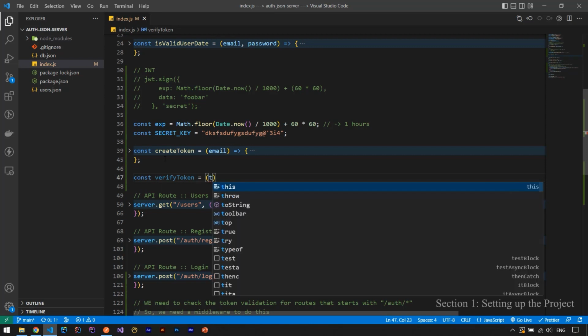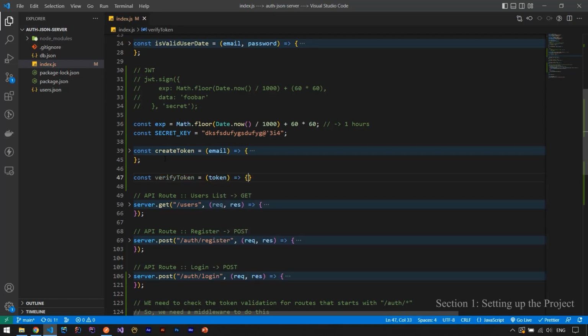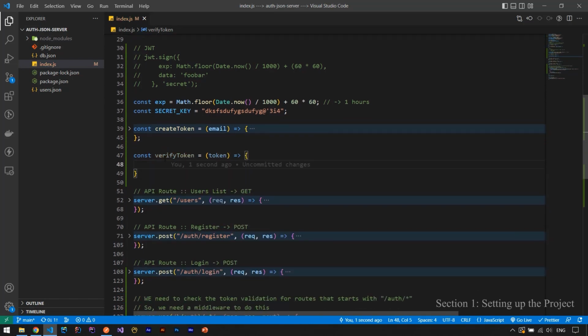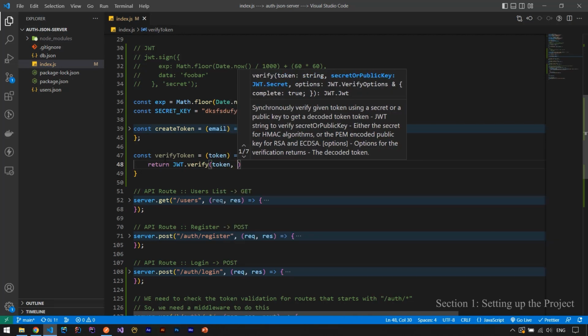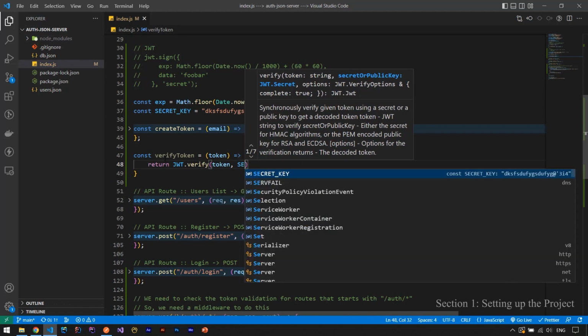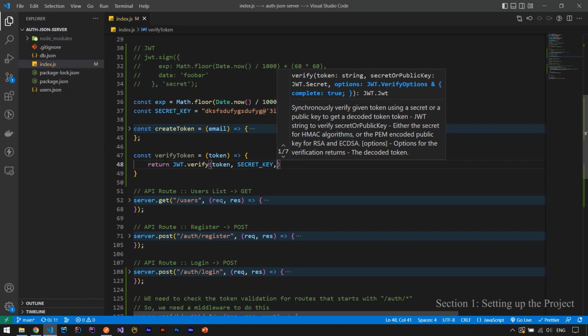It will take a token, and here we can simply use return JWT.verify. Inside this verify, the first thing is the token. The next thing is the secret or public key, and we have the secret key. And the last part is the options, and we can have an